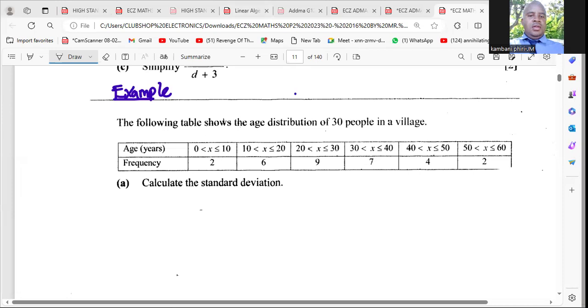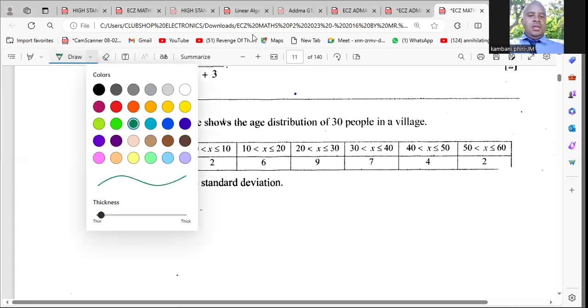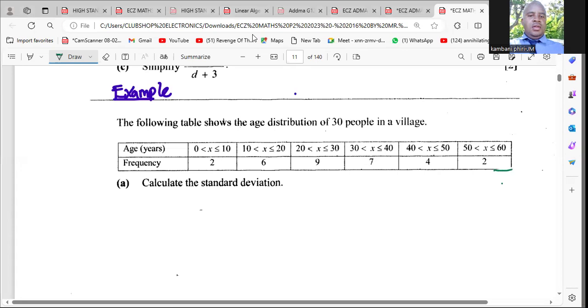Okay, so we want to find the standard deviation. Now, I don't want maybe to give a lot of definitions, but standard deviation is usually denoted by SD. All right. So to calculate that, the formula is supposed to be summation of f x squared divided by summation of f minus x bar squared, everything under the square root,